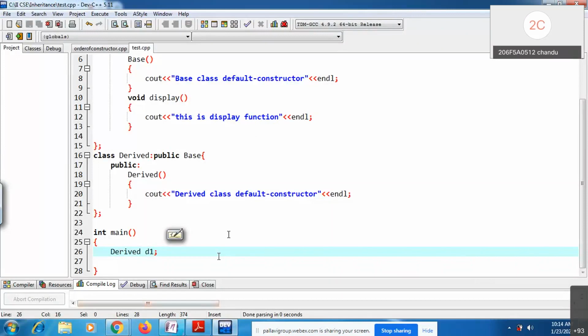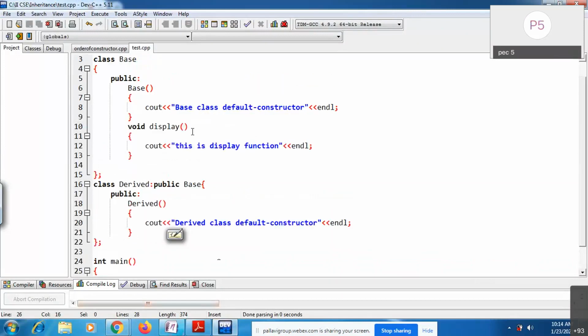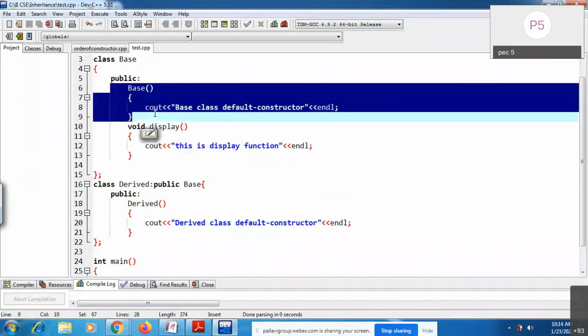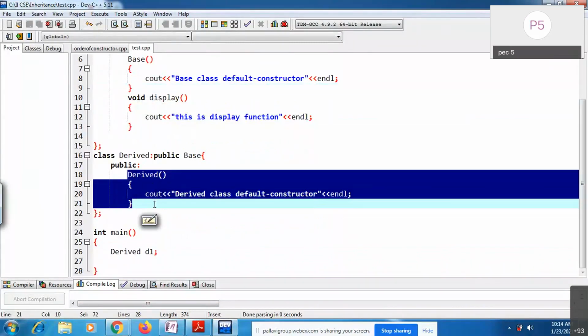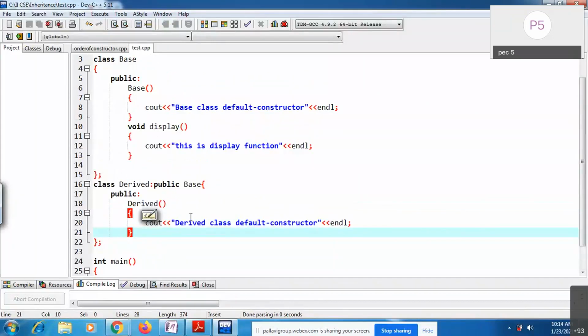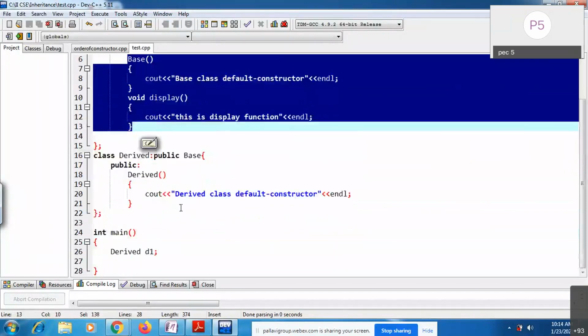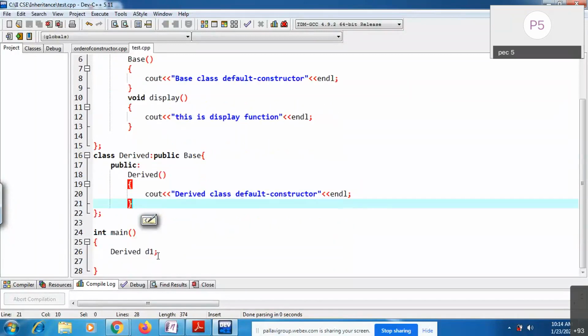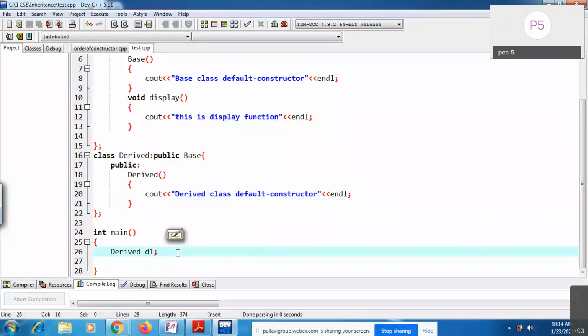Inside the base class, you have one constructor, that is Base. Inside the derived class, you have one constructor, that is Derived. I'm saying that once you derive this class, these public members are available, plus the derived members. If I create an object for this derived class, the base class constructor is also visible inside the derived class.